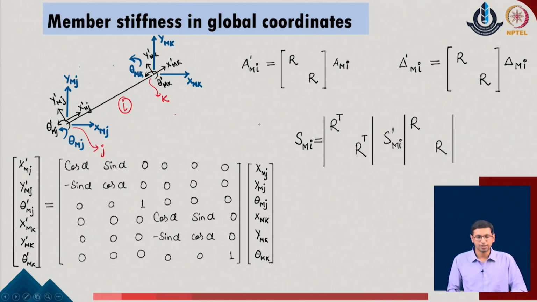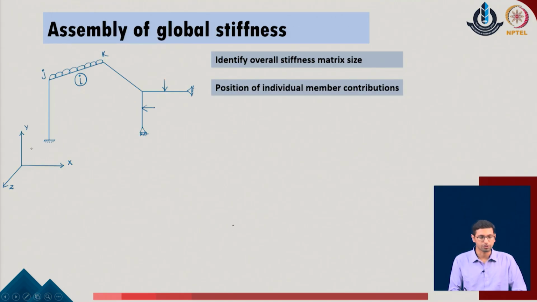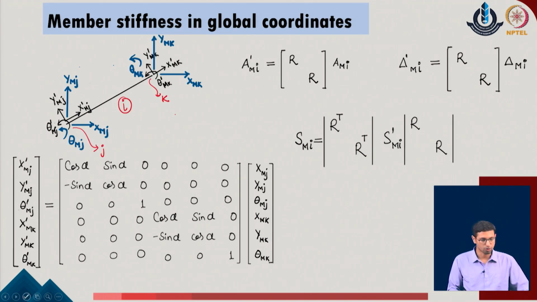As we were discussing in the last session, the member stiffness, which is typically known to us in the local member coordinates, is required to be converted into the global coordinates of the given system. To do so, we come up with a very simplistic transformation rule in which all the degrees of freedom with respect to the local member coordinates can be defined in terms of the degrees of freedom of the system in the global coordinates. This relationship is a general relationship for any vector, which means the same idea will also hold for the forces as well as for the displacements.